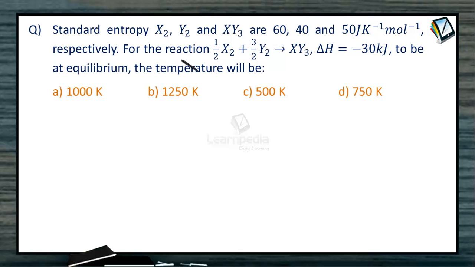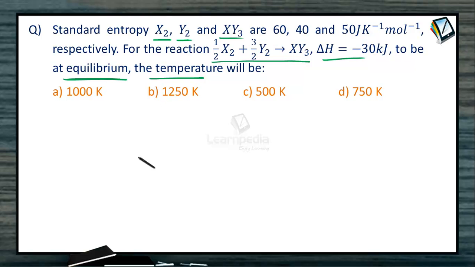Here the standard entropies for X2, Y2 and XY3 are given. And for this particular chemical reaction, even delta H value is also given. And what we need to do here is find out the temperature at which this particular reaction is at equilibrium. So even though the term delta G is not given here, you need to recollect a very